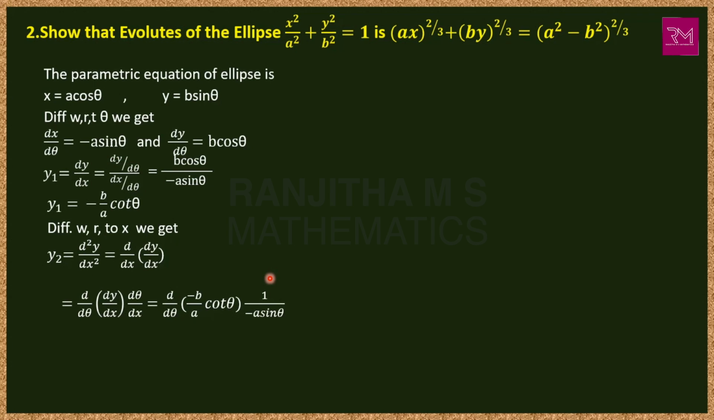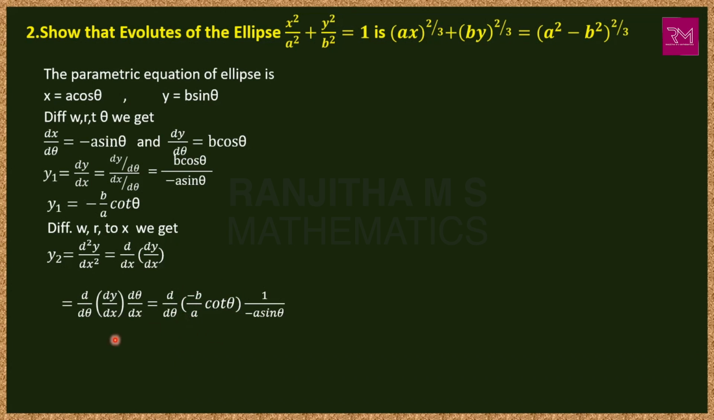Hence we get dθ/dx is nothing but the reciprocal of dx/dθ. Hence we get 1 by minus a sin θ. You have to write carefully. This is our y2. Now simplify: we have to differentiate the equation minus b by a cot θ